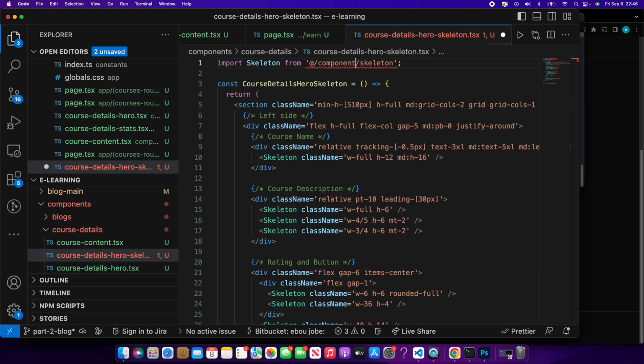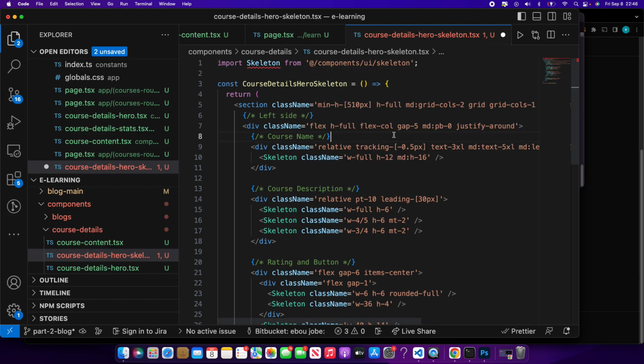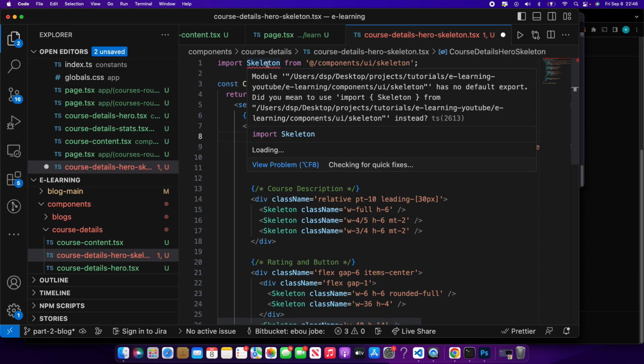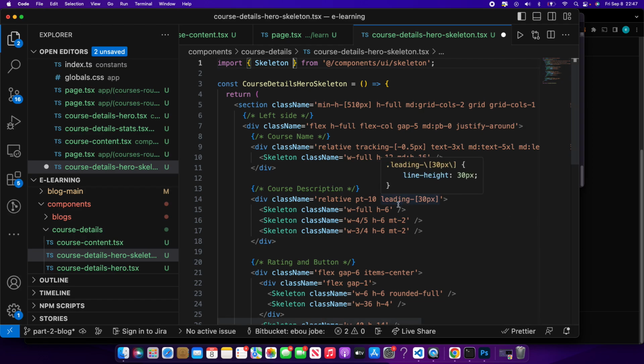/components. I call it, yes, components UI skeleton. Okay, you want to import it like that. Let's do that. Oh, okay, I see why that is happening. I'm going to explain. I'm going to have a custom component that I'm not going to call. So it's just an extension. So I'm going to go inside